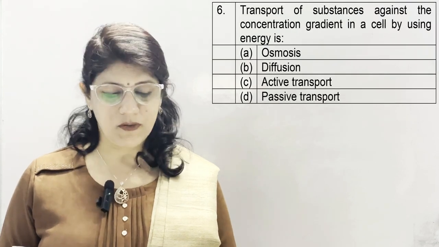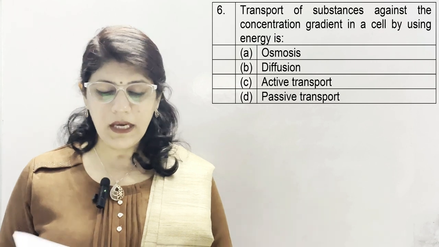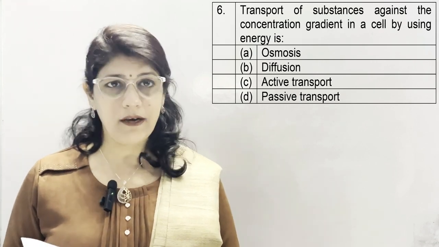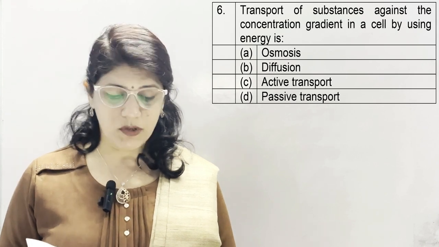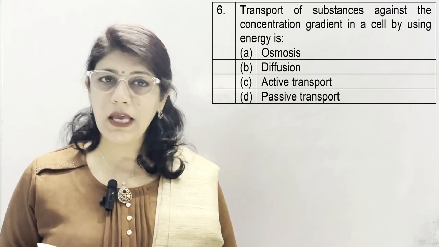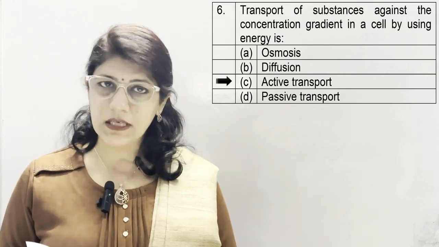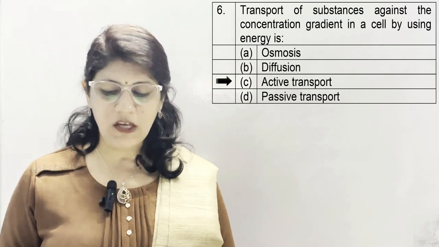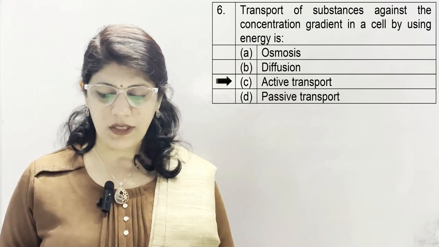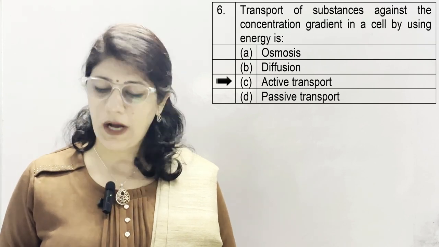In question number 6, transport of substances against the concentration gradient in a cell by using energy in the form of ATP is A, osmosis, B, diffusion, C, active transport, and D, passive transport. Correct answer is C, which is active transport. During active transport, substances move against the concentration gradient from an area of low concentration to an area of high